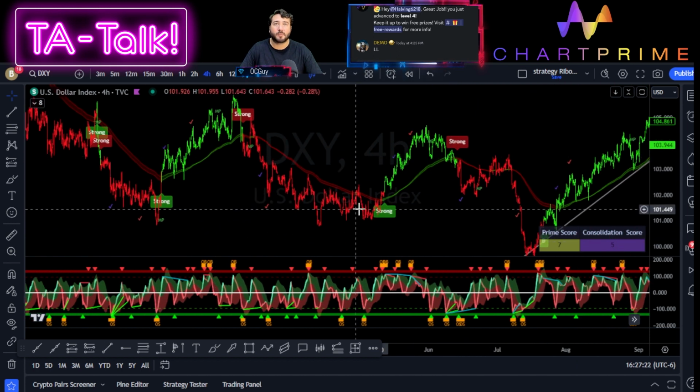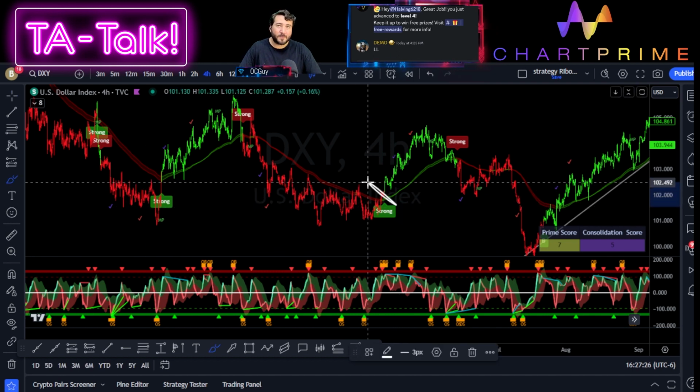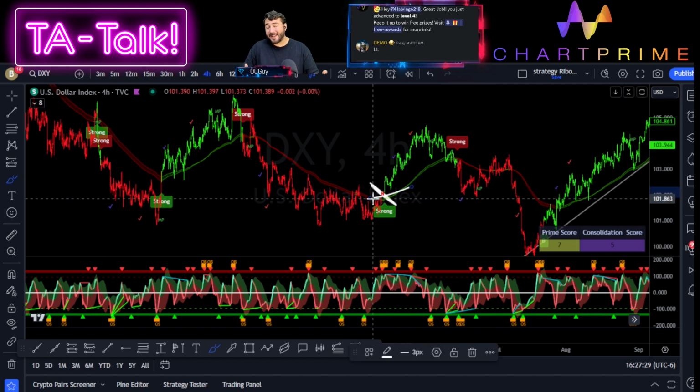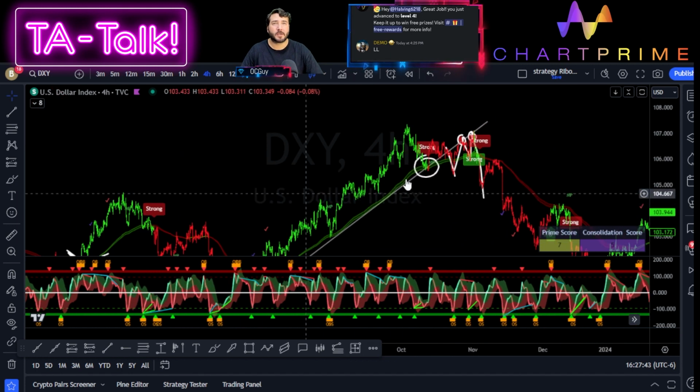Look at that as we break through. So for the members that said, as we break through the dynamic reactor, that is accurate actually. Why? Because the dynamic reactor is a high volume zone, and when you're breaking through a high volume zone, you know it's going to take some power to break back below. Unless we're in a range and that range breaks back and forth, just like we had in here.